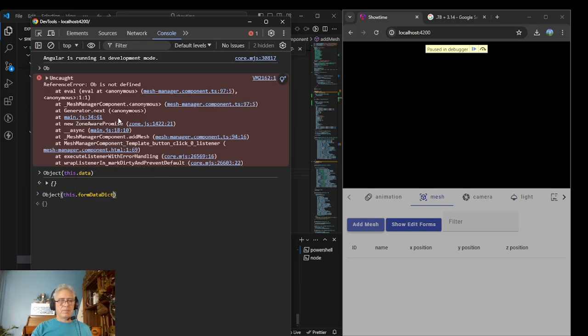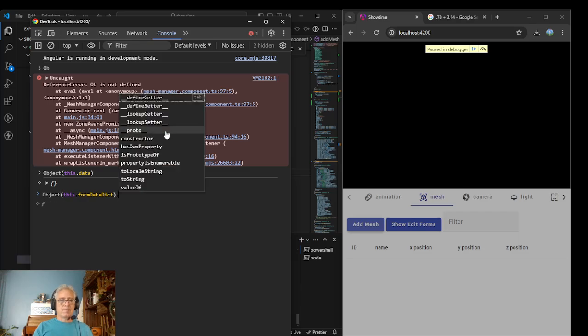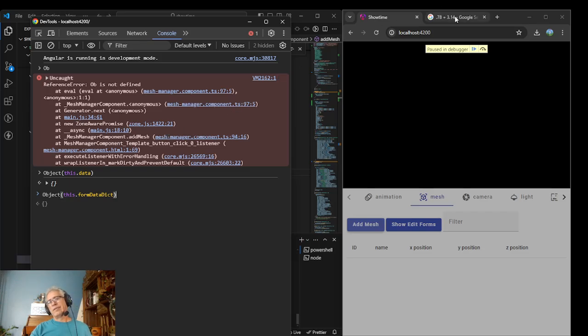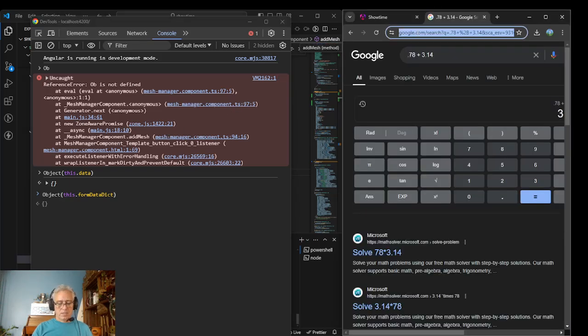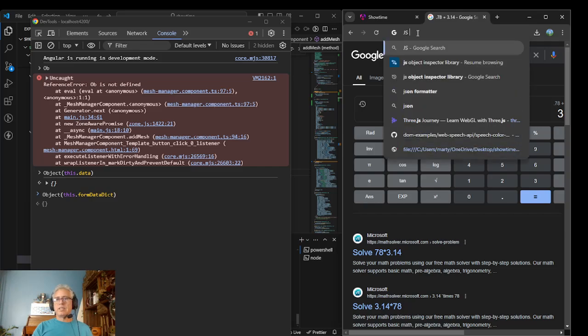Oh, tab. And then dot. Okay, fine. JS get